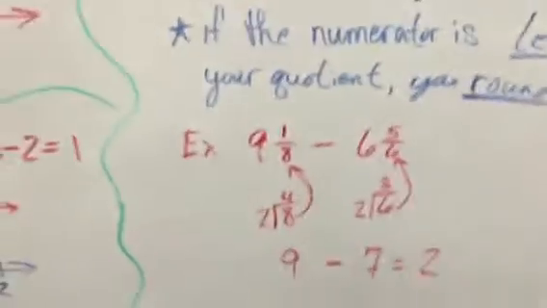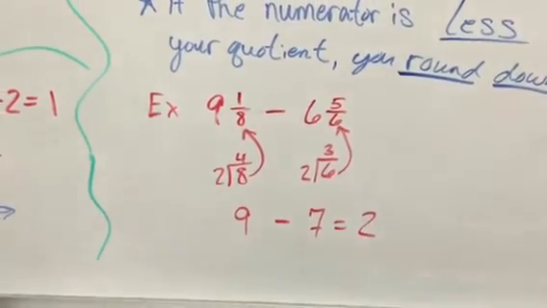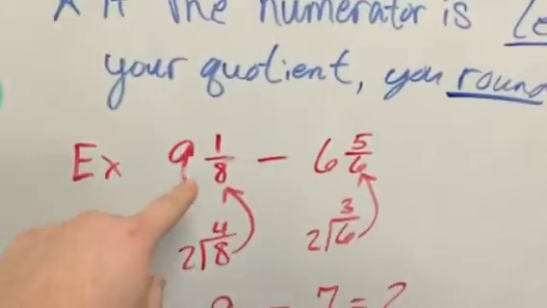Let's look at another example down here. 9 1/8 minus 6 5/6. I take my denominator